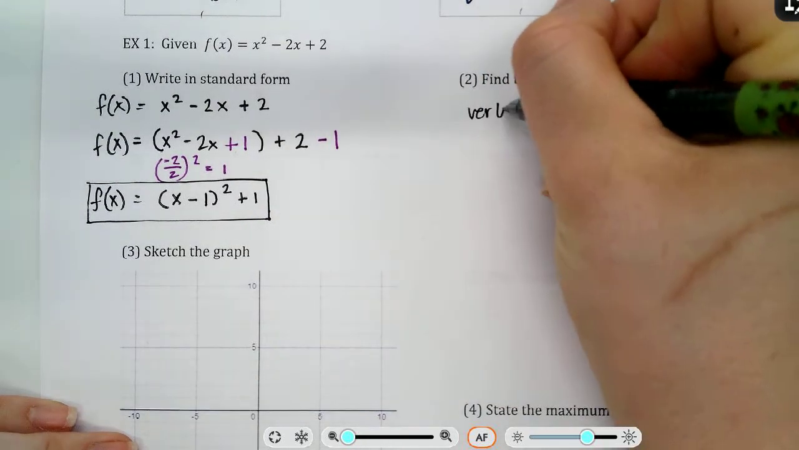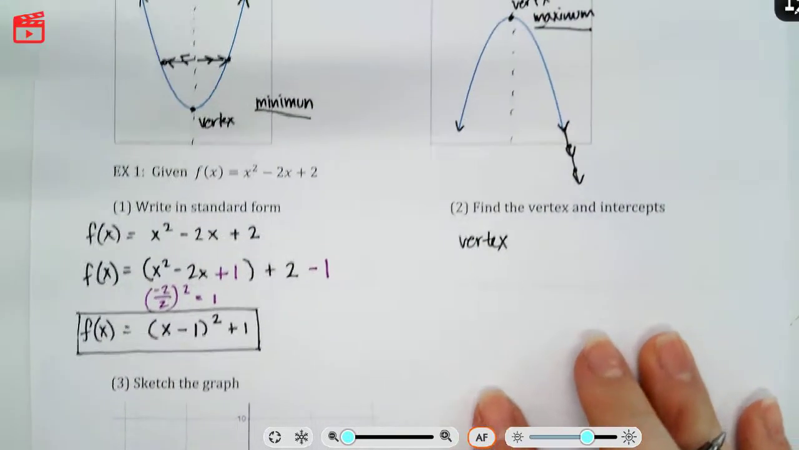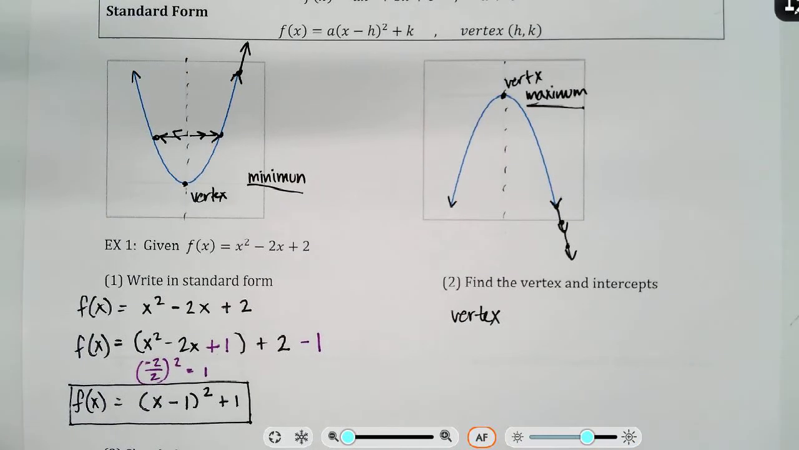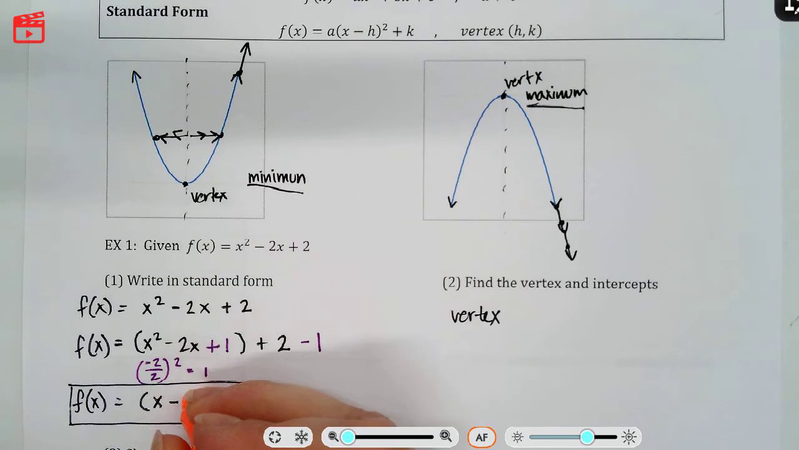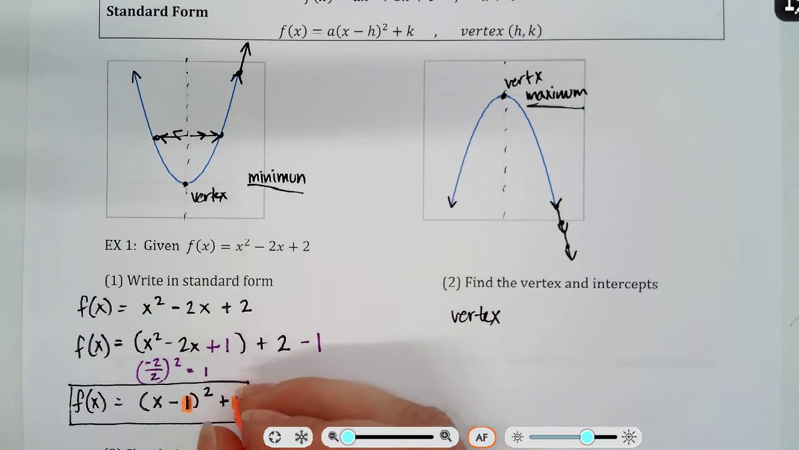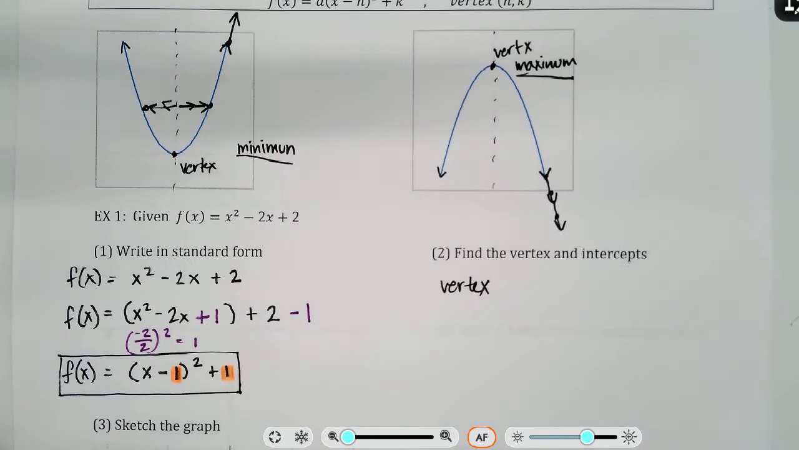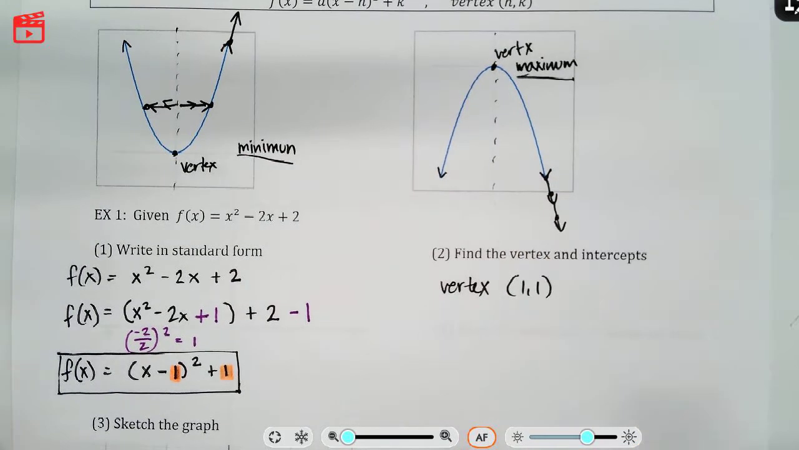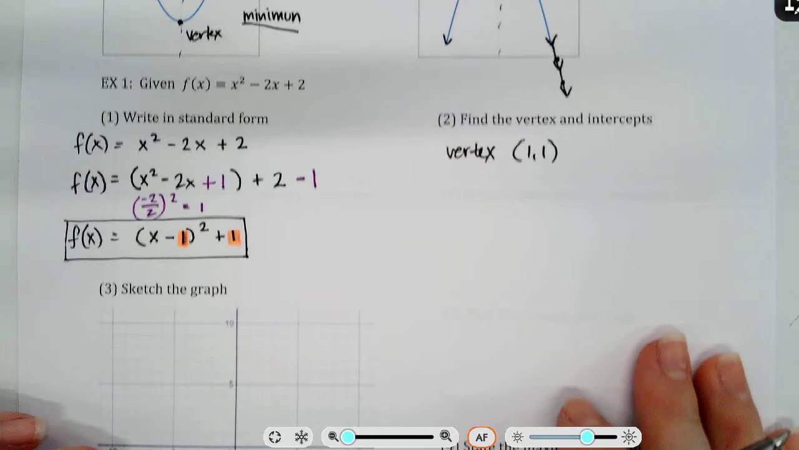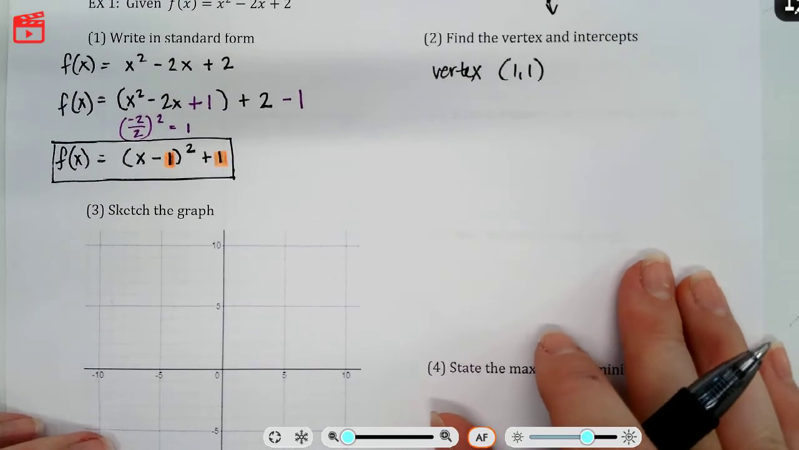Well, vertex, since it's in standard form, I can handily-dandly find my vertex, which is going to be the opposite of my h value and my k. So that's going to be (1, 1). Right, and then the intercepts. Well, let's go ahead and do the x-intercept,